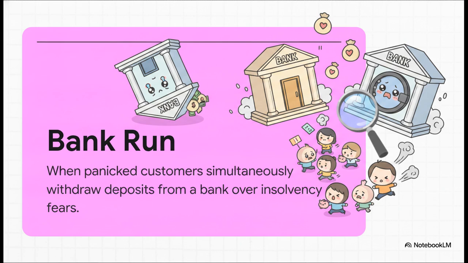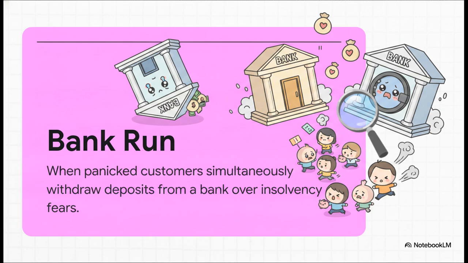Because there was absolutely no deposit insurance back then, local bank closures caused mass panic, leading directly to these devastating bank runs. I mean, think about it. If you saw the bank down the street close its doors and all those people lost their money, what would you do? You'd run to your own bank to pull your cash out immediately, even if your bank was perfectly healthy.